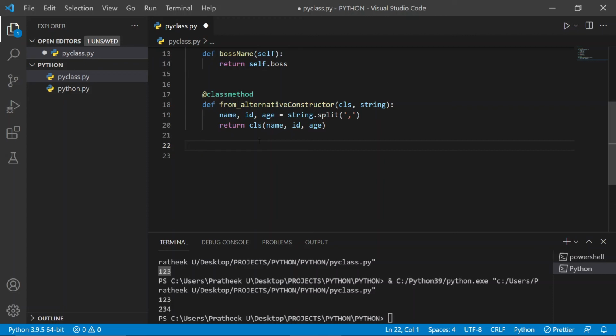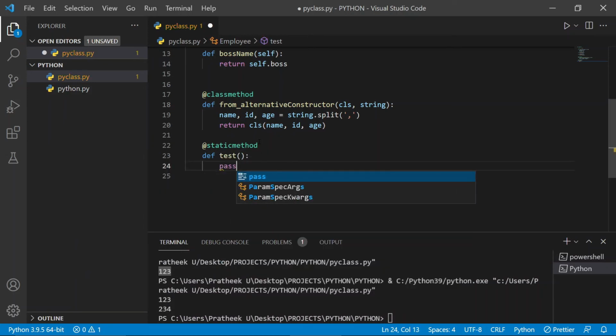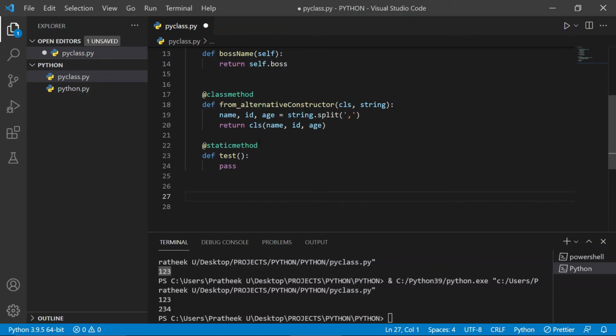So in classes, we do have functions which do not take a particular argument by default, which can be an instance or a class. Now these methods exist to create a logical implementation of some aspect, and these functions are denoted by the static method decorator, just like the class method one. So go ahead and type static method, and if I define a function like test and leave it empty, and let's pass this. Now you can call a static method by using a class name or an object name,